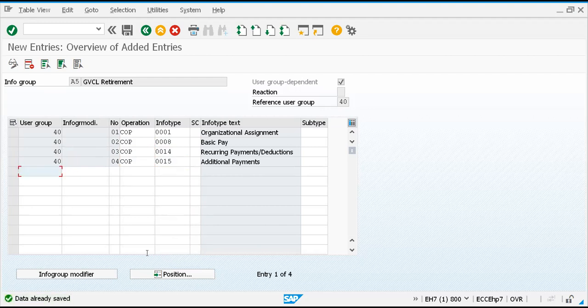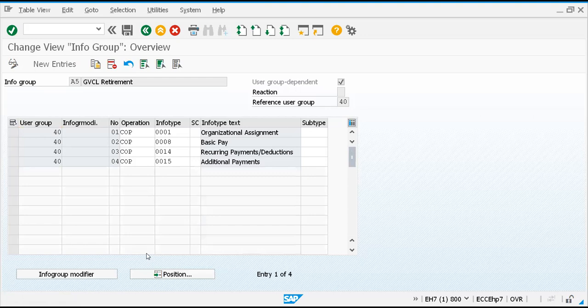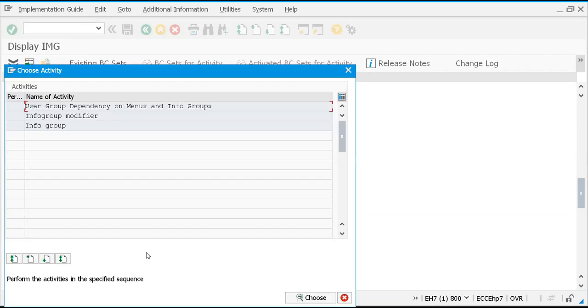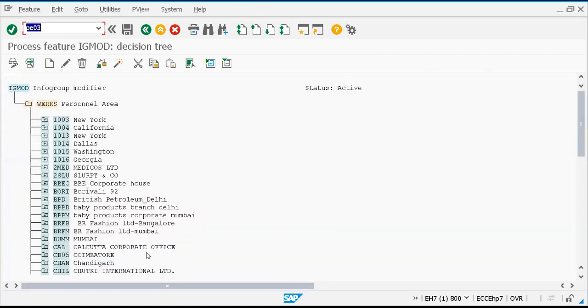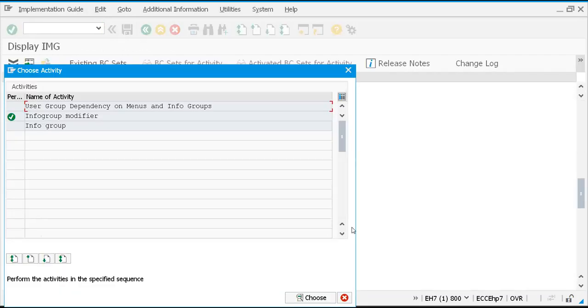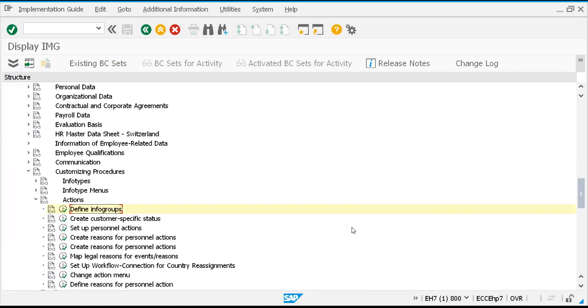Anything additionally you can also maintain for the retirement action depending on the project requirement. You can save it and go back. This configuration is done, but make sure you delete this info group. If you are not deleting the info group value, then you have to go for info group and info group sets for all the actions we created just now. This is done. What I'll do is go for set up personal actions,